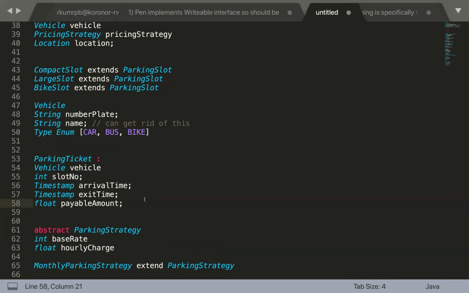So from the slot, you can find out how much is the amount per hour. So by that itself, we can find out. Okay, then it will be a transient information. We won't be having the data of how much amount has been paid for this particular ticket. Correct. Dekho.